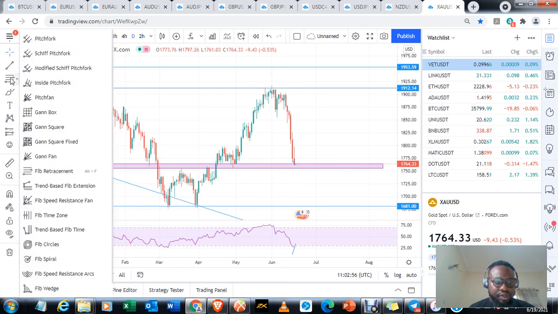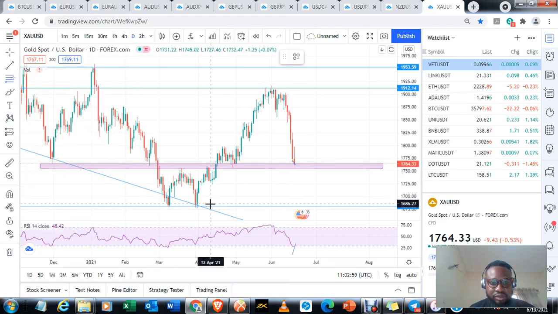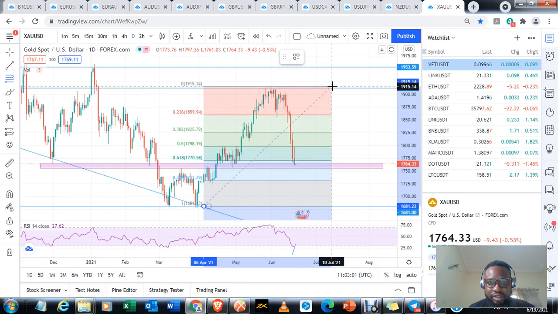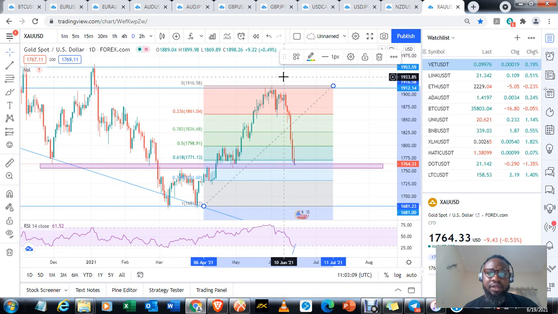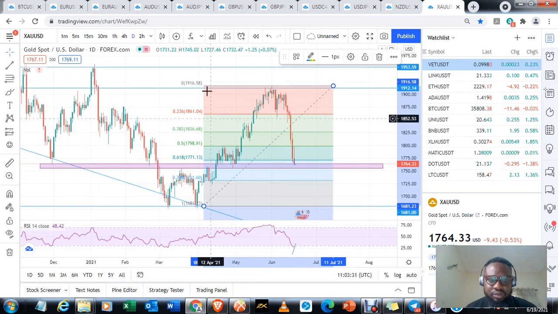So one tool I use, and which most other technical analyst traders use, is the Fibonacci tool, and this just shows you the price range, or a price level, in which after a major rally up or a major drop downwards, price is most likely going to retrace to before it continues the move down or the move up. So looking at this now, after I've plotted this